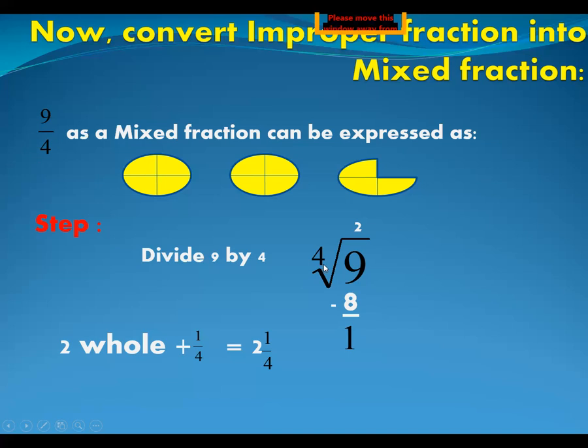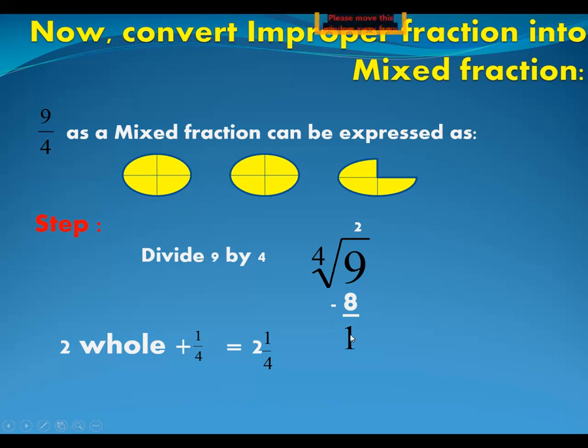Then I'm going to read the table of 4 so that 9 comes. If 9 doesn't come in the table of 4, it means less than 9, and less than 9 is 8. The quotient will be written on top of 9. It means 4 twos are 8. We will do the subtraction. After subtraction, I got 1 as a remainder.